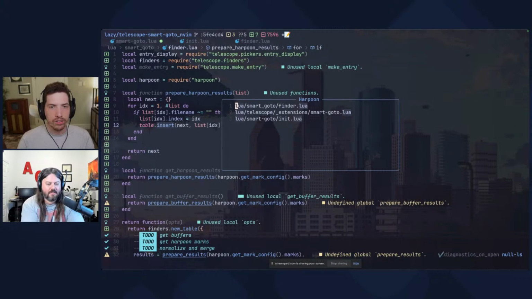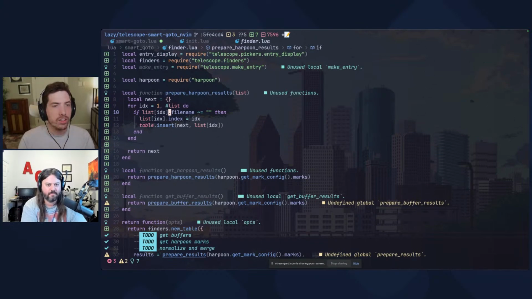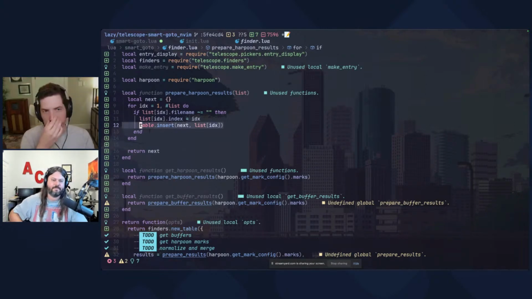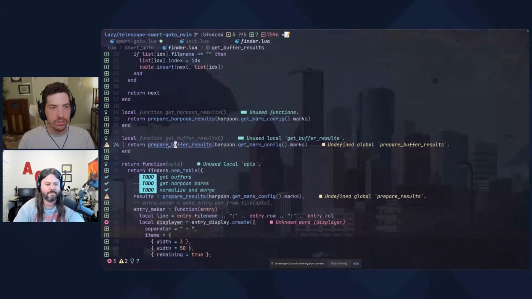Right. So when you change the order of these things, you have to make sure that you're positioning it based off of the index. This is the most important piece of it, that it's just trying to create a table that can be properly used by Telescope. Agreed. And so then